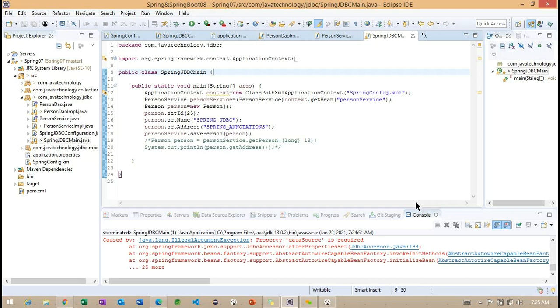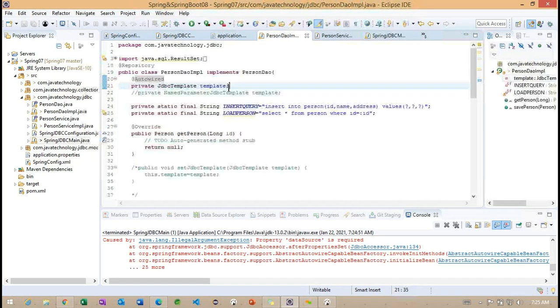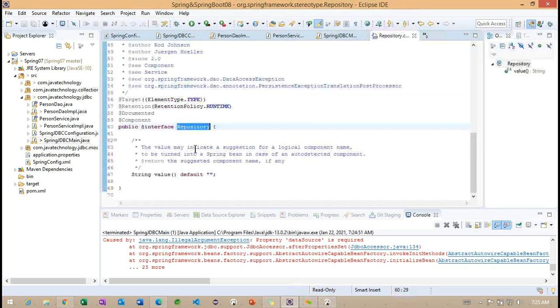But I tried using component, and for repositories or services it's not going to work, because I have seen some exceptions. Even when handling more exceptions, I got this from my experience.